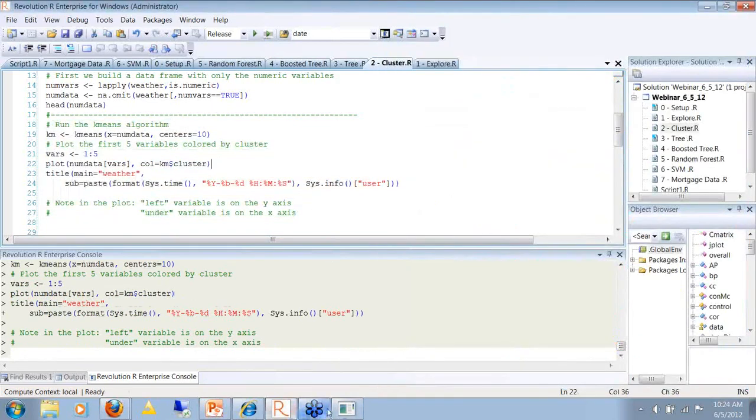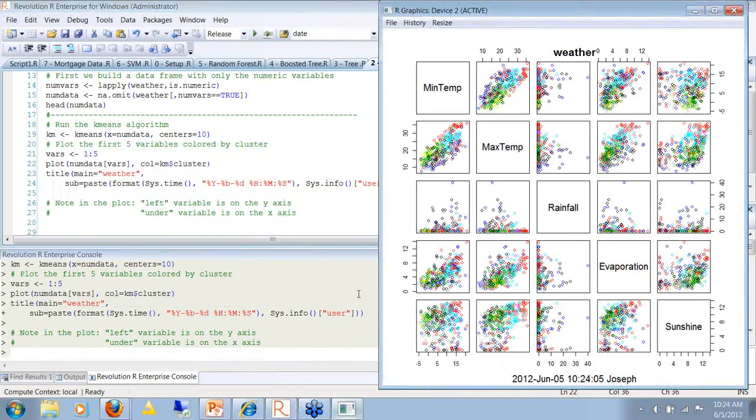What we're looking at is, for a few variables, scatter plots, and the points in the scatter plot are colored by the cluster that they're in. So it gives you a nice exploratory way to get some idea of what you're doing. It wasn't hard to do that in R because the plot function is really smart, and it enables you to do things like color by cluster just by setting a parameter.